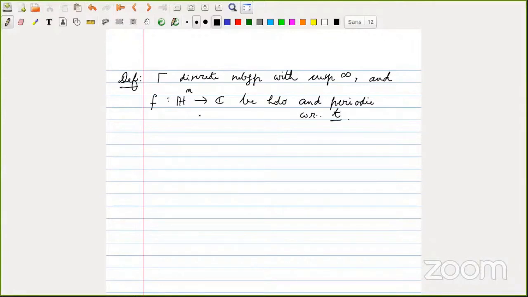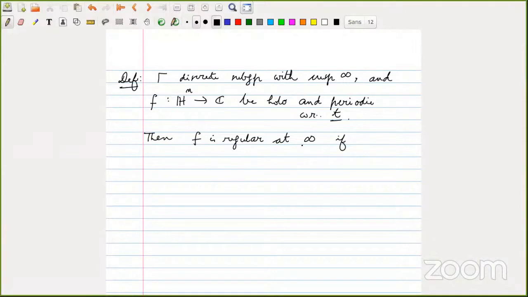This is what we need. Then we say that f is regular at infinity if, and this is going to be a condition on the Fourier coefficients,